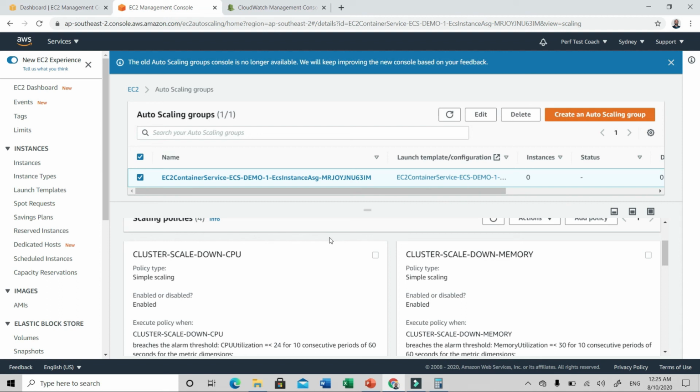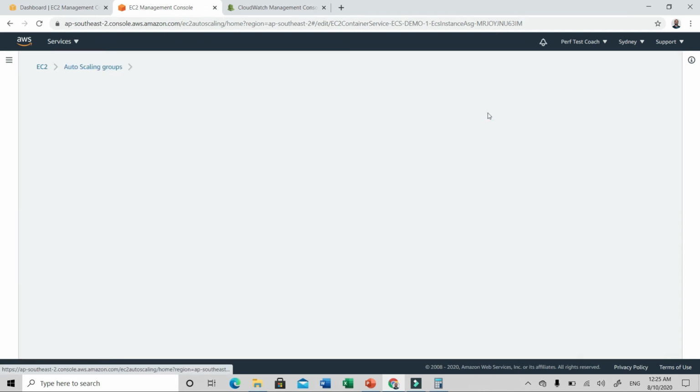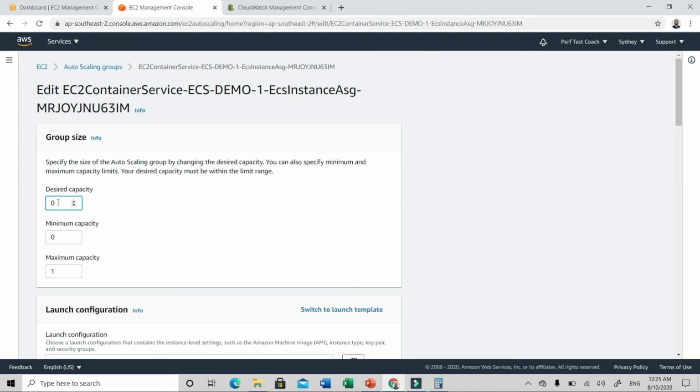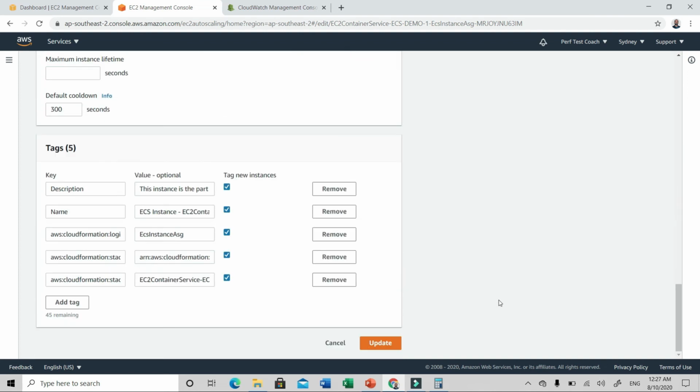I want to control how many minimum EC2 instances I need and how many maximum EC2 instances I need. So for that, you need to select the auto scaling group and then click on edit. Here under desired capacity, let me give it as 2. And under minimum capacity, I will give it as 2. And for maximum capacity, I will give it as 4. So what this will do is I will have a minimum of 2 EC2 instances running always. And the maximum EC2 instance count cannot go above 4. Even if the auto scaling alarms are getting triggered continuously, my EC2 count cannot fall below 2 and also it cannot go beyond 4. And I don't want to change any other things, so let me scroll down and click on update.